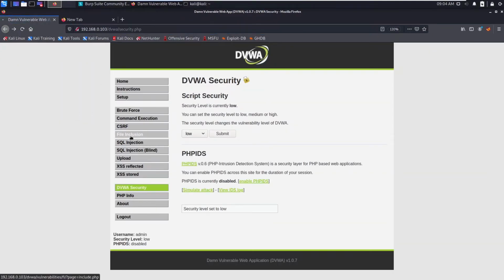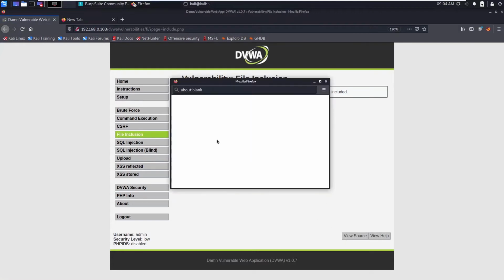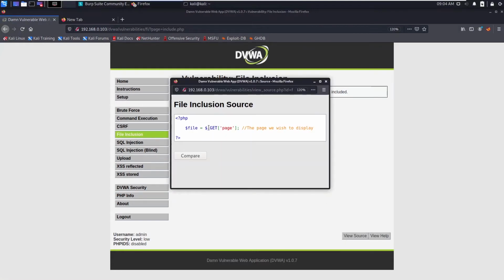First let's see the source code. This is very simple: get the page parameter and store it in the file variable. Sometimes it will append a php extension, so the file will be the page plus .php.